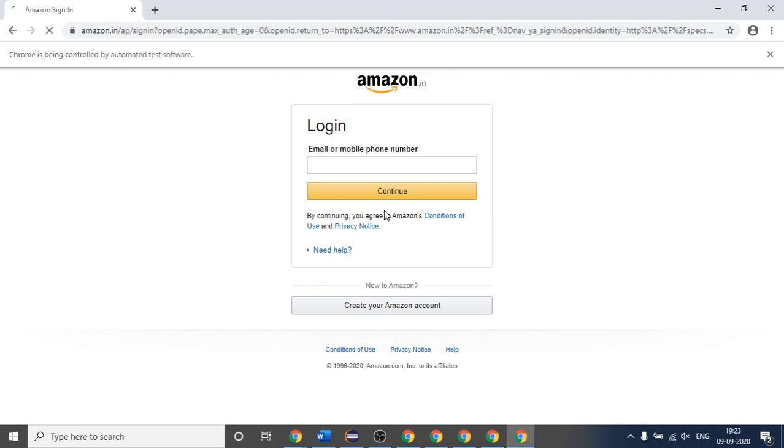So it is again taking, no, it has opened a little bit faster this time. So I think this time it should enter the number in the text box with the help of name locator.